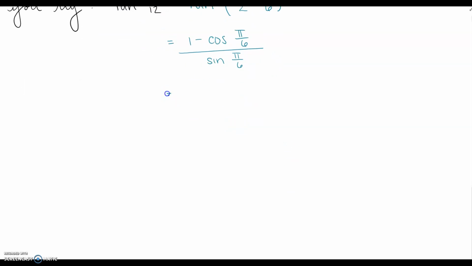Now we're going to use what we know from the unit circle. So we have in the numerator 1 minus cosine of pi over 6, which is root 3 over 2. And we're dividing by sine of pi over 6, which is the same as 1/2. And I knew we were going to have a fraction and a fraction, so I already separated it. Now I'm going to rewrite this. So it'll be 2 minus root 3